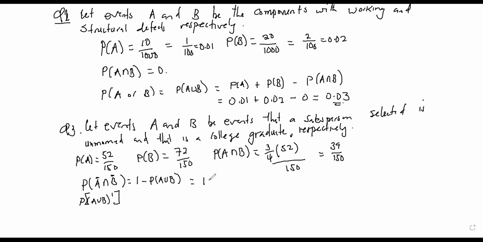So here we're saying, 1 minus the probability of A plus that of B minus the intersection,